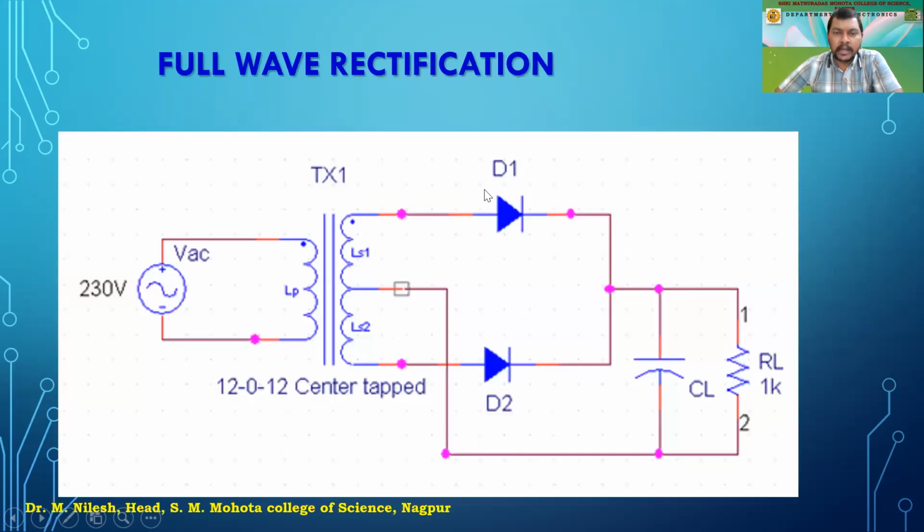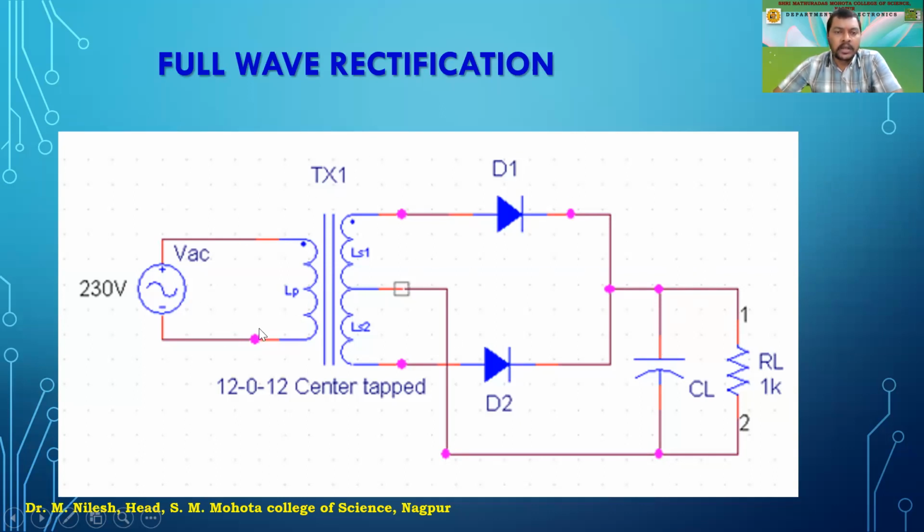So this was the basic diagram, and this was the diagram of the full wave rectification again, and here we have applied the capacitor. Now this actually does the job of filtering, right? So this capacitor is a simple filter, a capacitor filter. As we connect this capacitor, we get a pure DC wave, right? So the circuit is the same.